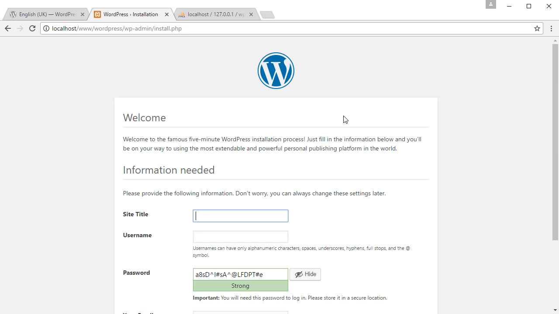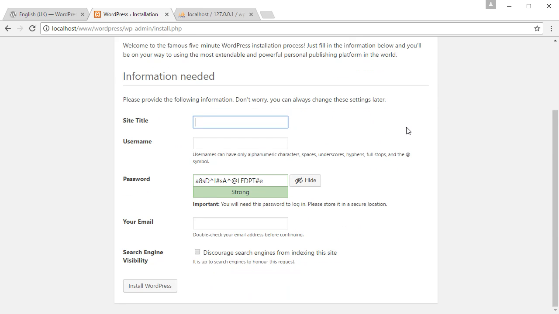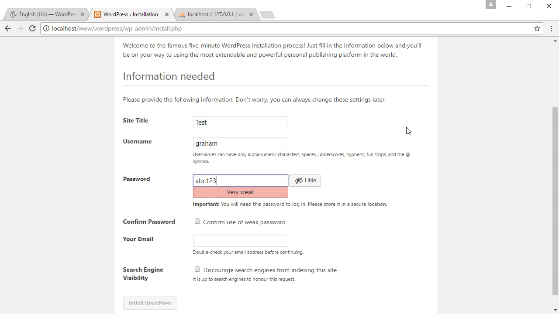So now we've got to the installation screen, we know that we can just install as necessary. So give it a title of your choice. I'm just going to do test for now, and my test username will be Graham, and for the password I'll just do a weak one, and email address, this will just be a dummy email address for me for now, but you can put your